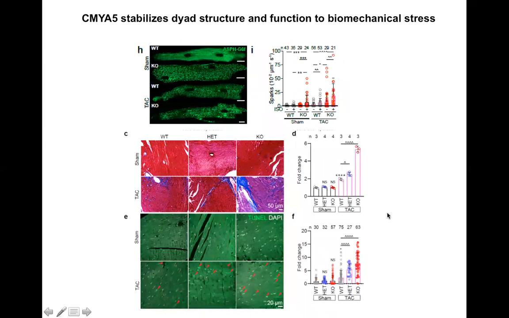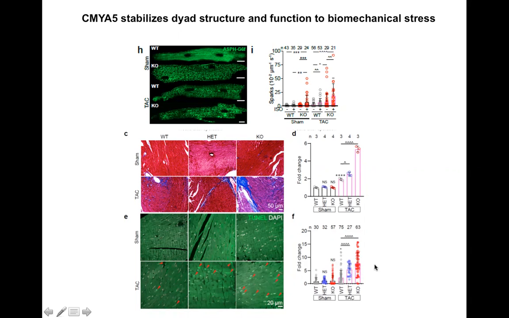Additionally, we observed a more disorganized RYR2 pattern, which contributed to the more aberrant calcium release in the knockout after TAC surgery. Moreover, we detected more fibrosis and also cell death after TAC surgery in the heterozygous and also